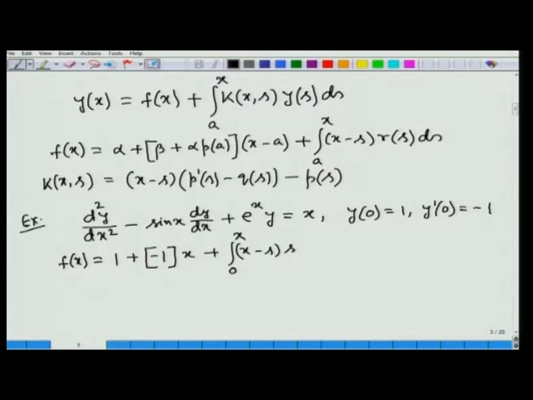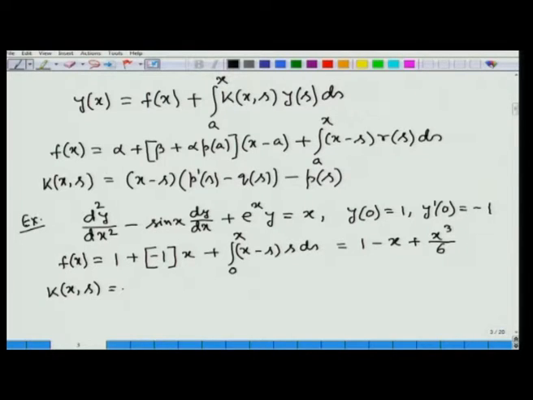So, r s will be s ds, and after evaluating this integral you can find 1 minus x, first term x s ds after integration will give you x cube by 2 and minus s square ds from 0 to x will give you minus x cube by 3. So, after simplification this will be equal to x cube by 6,